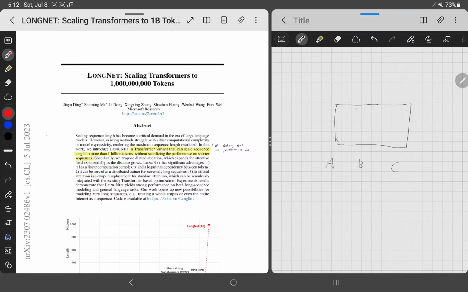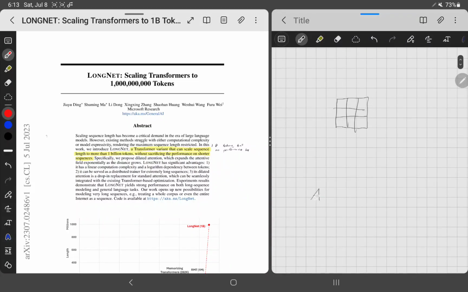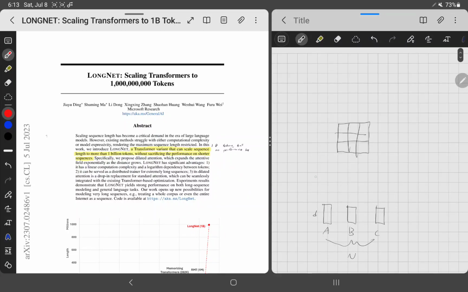You represent each of these as a token, and each of these tokens has dimensionality d, and your sequence is of length n. So you have an n by d matrix. And from this n by d matrix, you will compute the queries, keys, and values